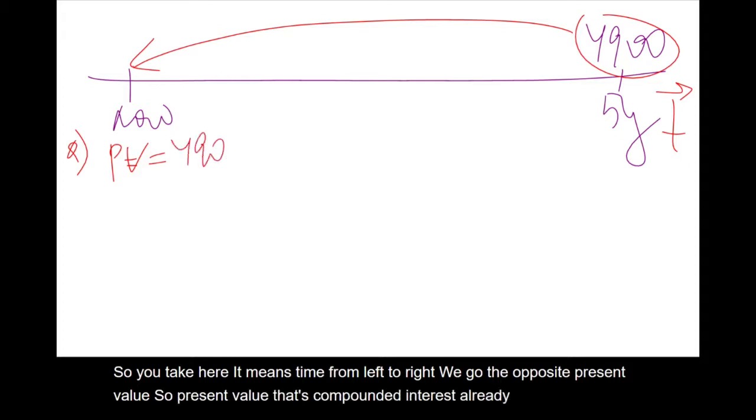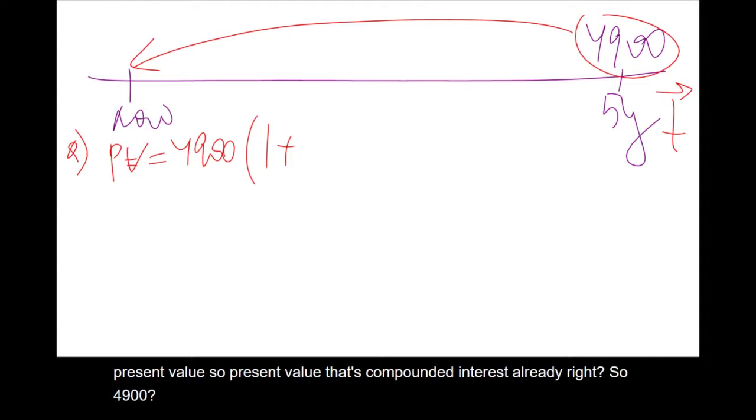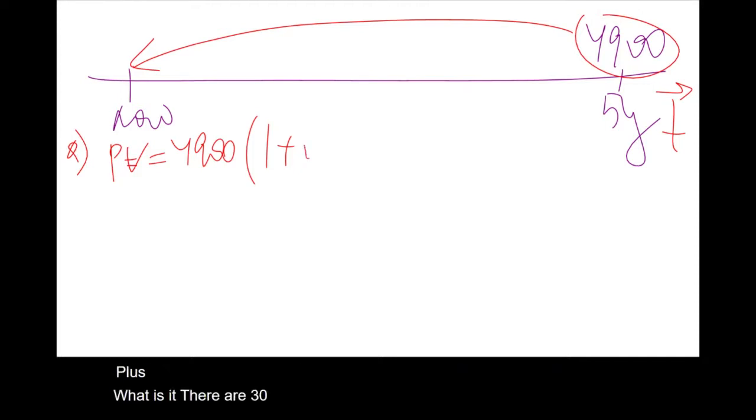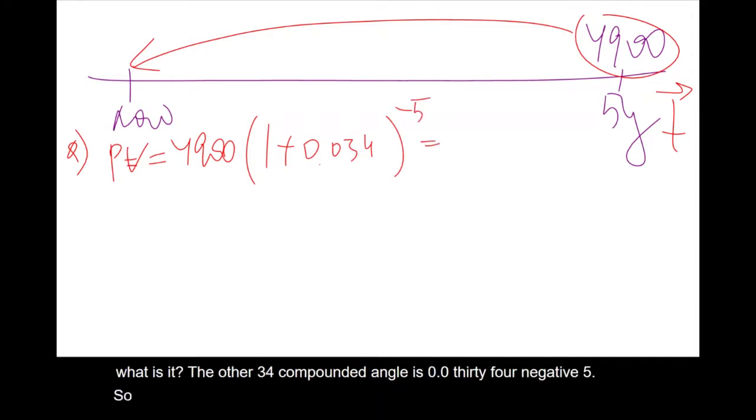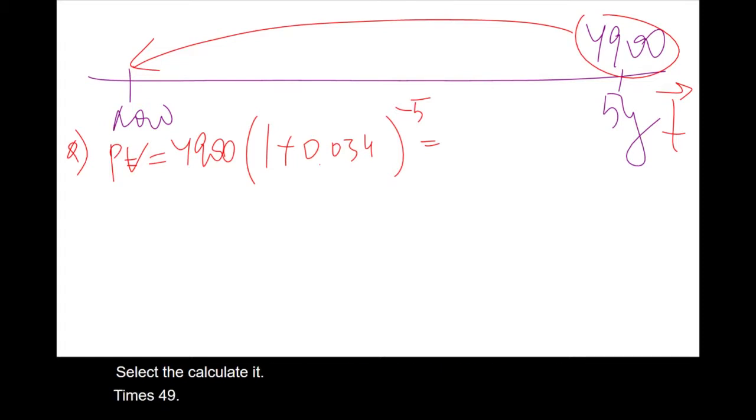So 4900, 1 plus what is it? 3.4% compounded annually, 0.034, negative 5. So let me calculate it. Times 4900. So